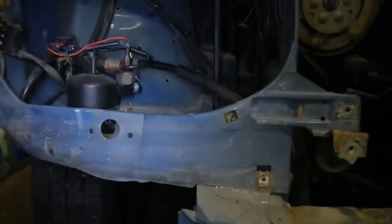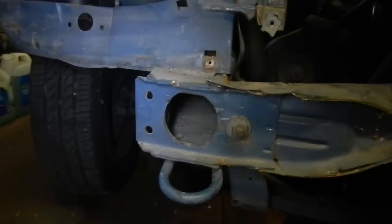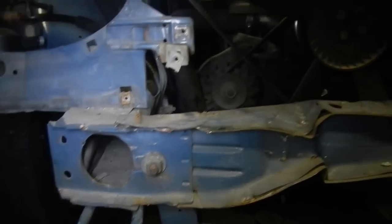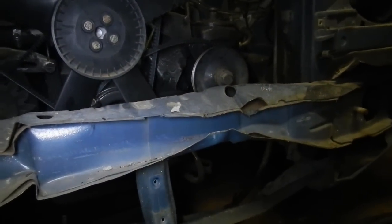As I say, it's fixable, but is it worth it? It's a nice car though. It's had everything done to it. 4 new tyres, all brakes, ball joints, Welsh plugs, it's all been done. But yeah,